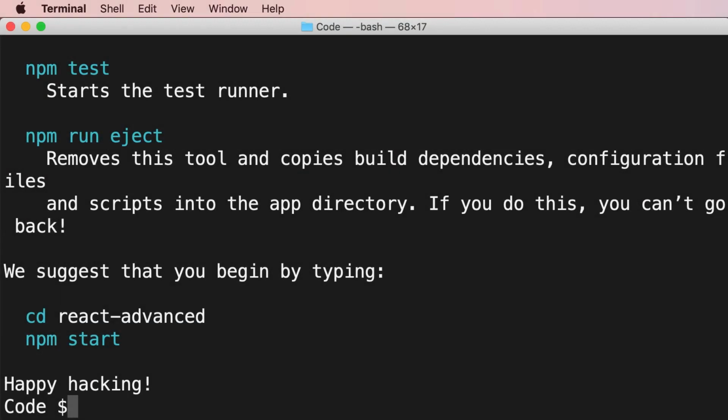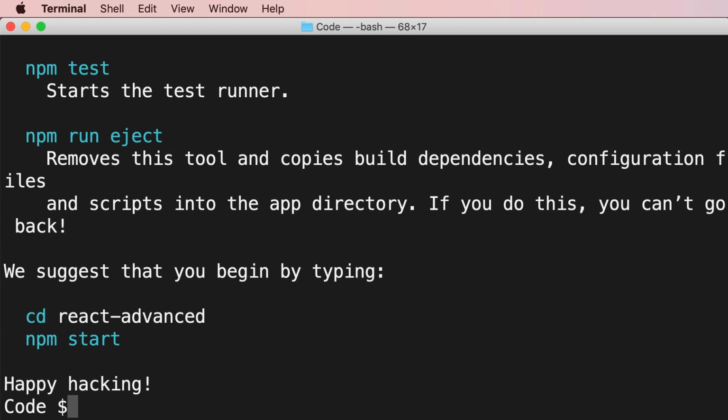All right, now I have a new React app using the latest version of React. If you encountered any errors during this process, that means there's something wrong with your machine or your configuration. Unfortunately, that's not something I can help you with. You need to do your own research. So simply copy paste the error message you get in Google, and I promise there are other people who have encountered the same problem. You can also post your question or the error you get on